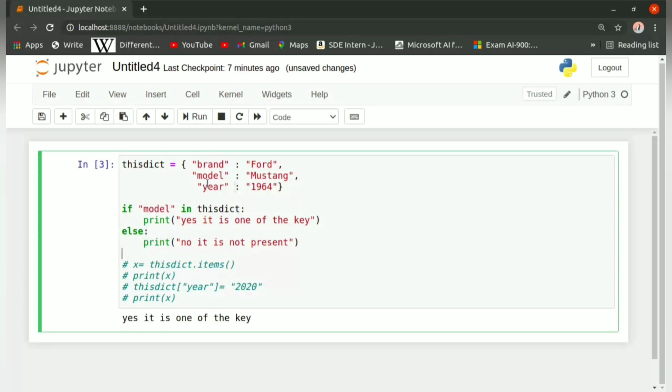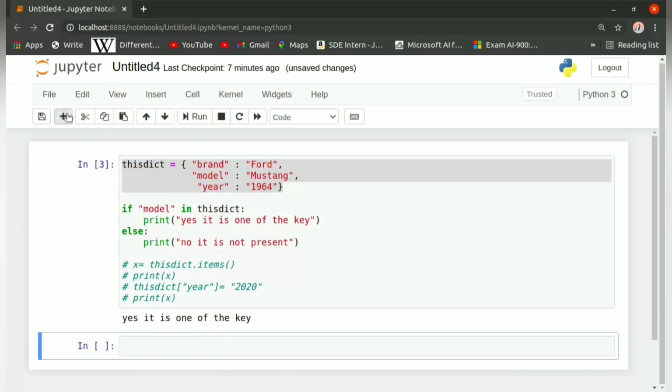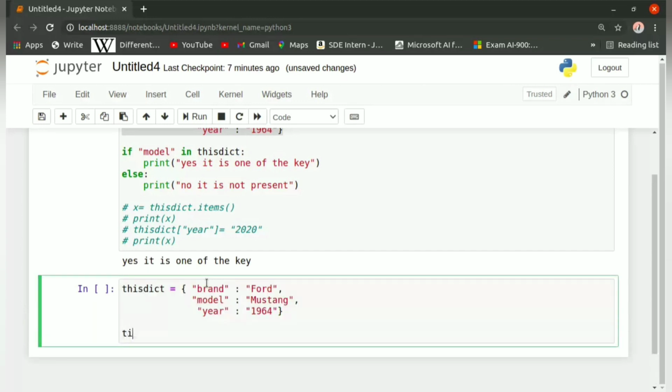So now we know how to add items in a dictionary. We can also use the update method to add or update the dictionary with a new key value pair. So how we use it, we write this dict dot update and inside the parenthesis write curly brackets. So inside these simple brackets, you need to specify curly brackets.